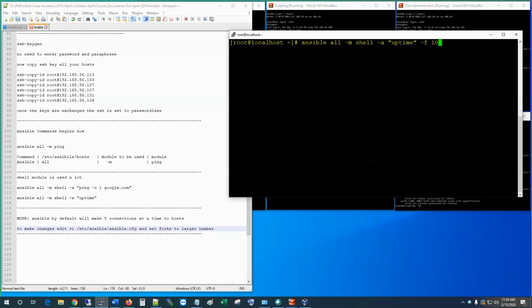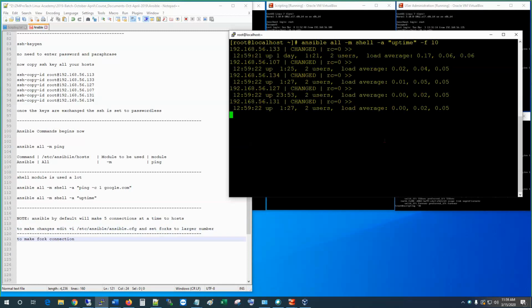It's not doing. Brother? So you probably have to give the correct number here, 6. Okay. So to make the fork connection,